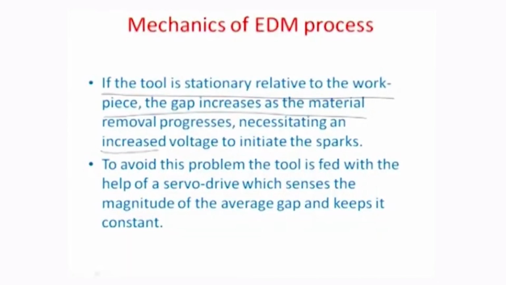So therefore, there are two ways that we can control this situation to make it a continuous machining process. One is that we keep on increasing the voltage, so that even if the distances so generated are smaller or are larger as the melting happens, the gradient of voltage dV by dx, which is actually equal to the electric field, always keeps constant to the level of the breakdown field, a condition which is sufficient for the spark to happen between both the electrodes. So therefore, one way is to increase the voltage to initiate the spark, and the other way really